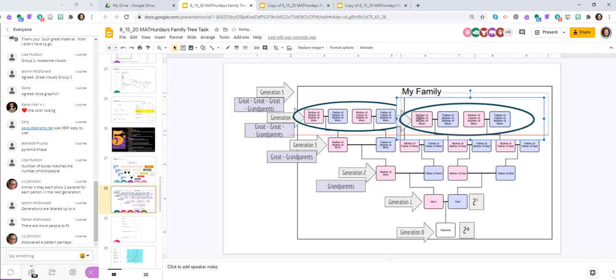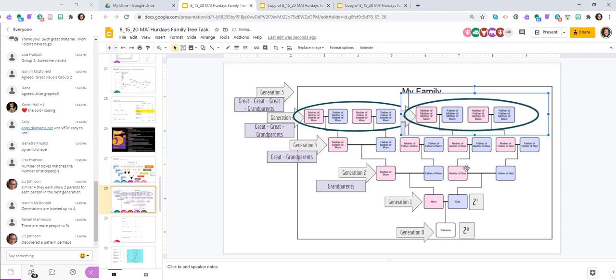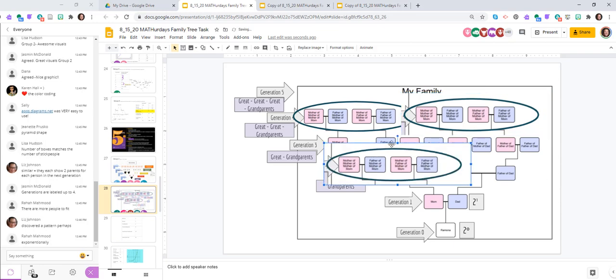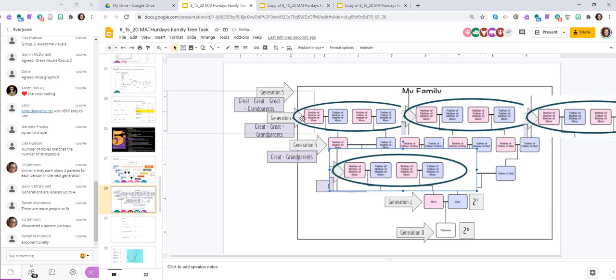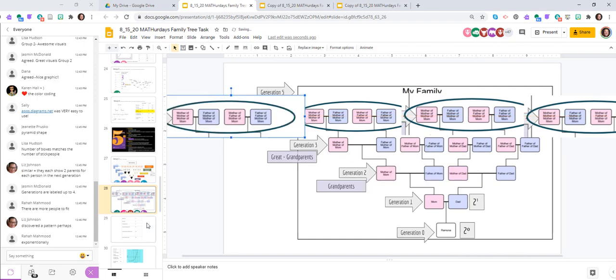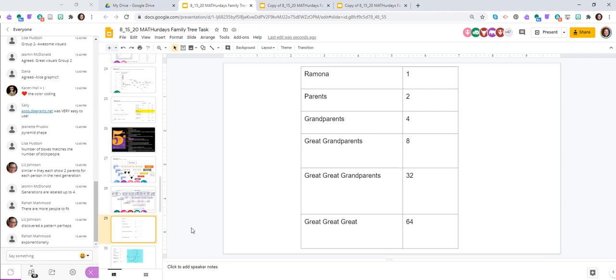Would it repeat one more time or two or three or four? We should have 4 of those boxes across 4 sets of that circled box. 4 sets of the circled box. I'm going to go ahead and use all of my space here to show all 4 sets. Neat. And another group on slide 29